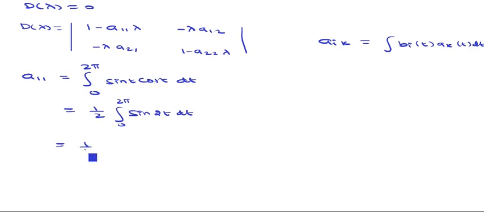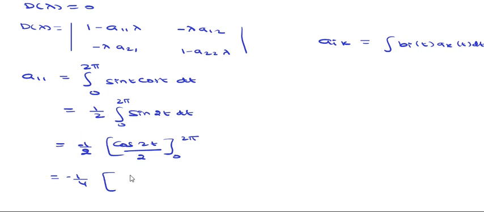Integrating, you get minus cos 2t by 4, from 0 to 2 pi. So cos 4 pi minus cos 0 is 0, so a11 is 0. And similarly